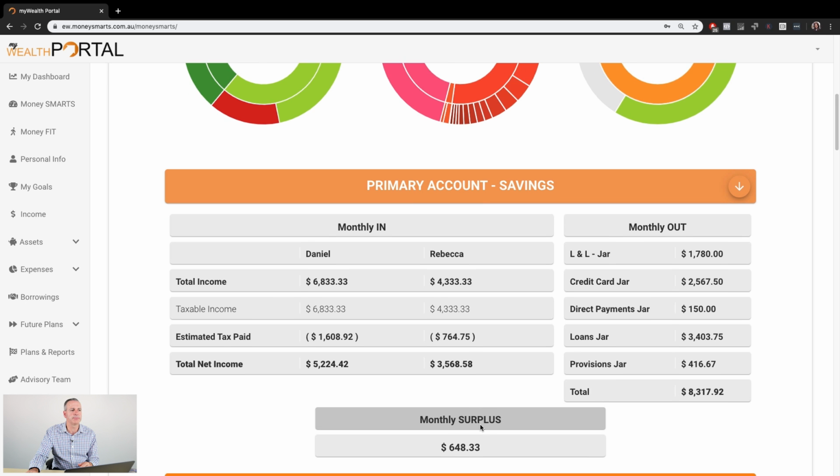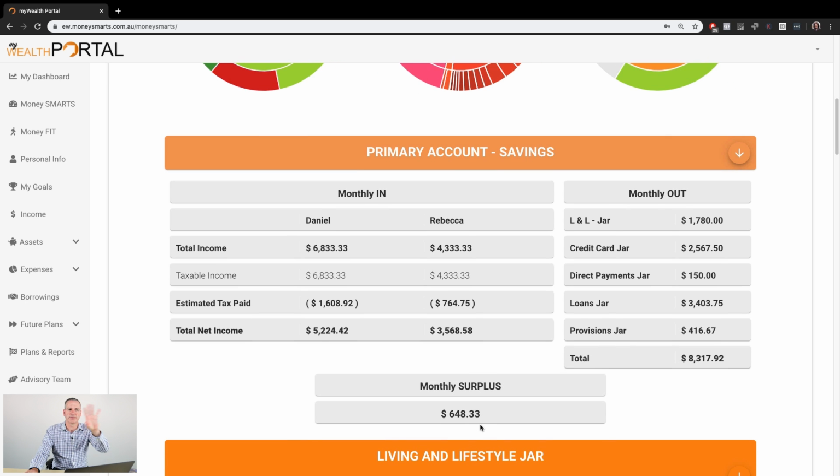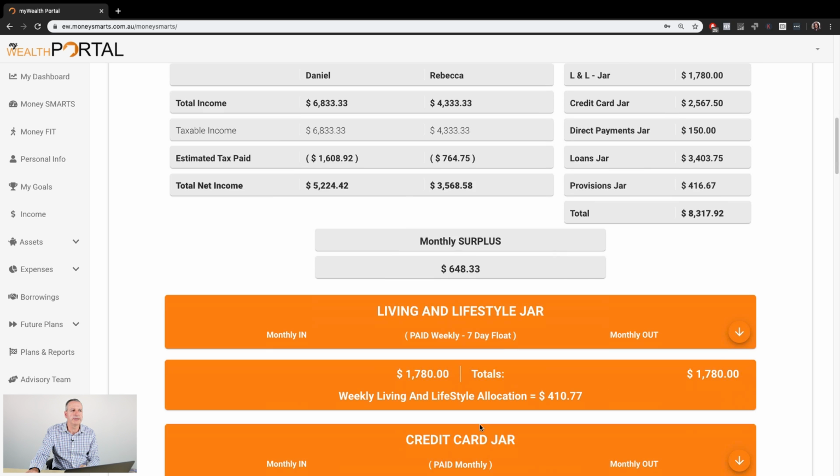Now you can see there's the monthly surplus, and that is a summary of your master account. Now we're going to move down into the living and lifestyle, and you can see a couple of key things here. Firstly, your weekly living and lifestyle, your 7-day float, it automatically calculates that. So that's the money, and we talk about paying you on the Thursday before the weekend. That's the money you should set up to pay yourself on that Thursday. Now that's the monthly amount, but that is the weekly amount